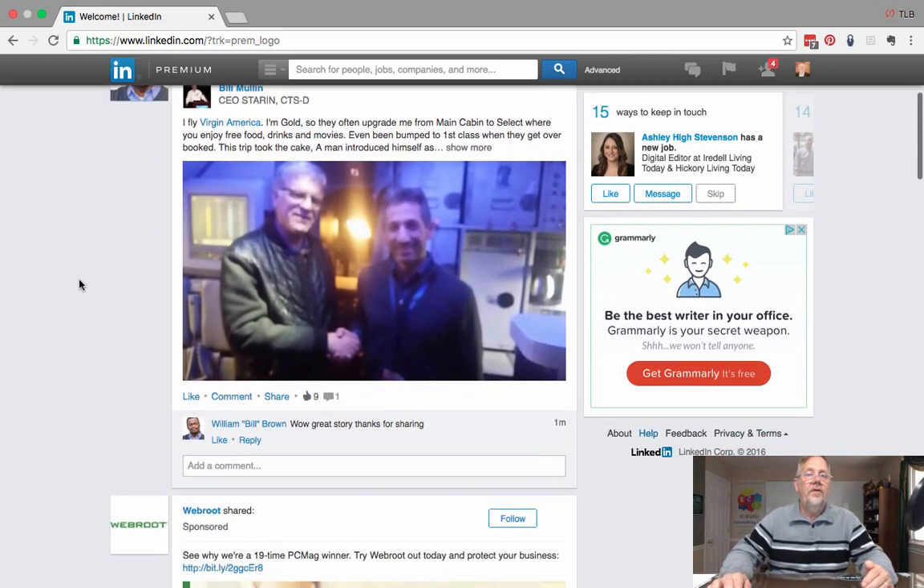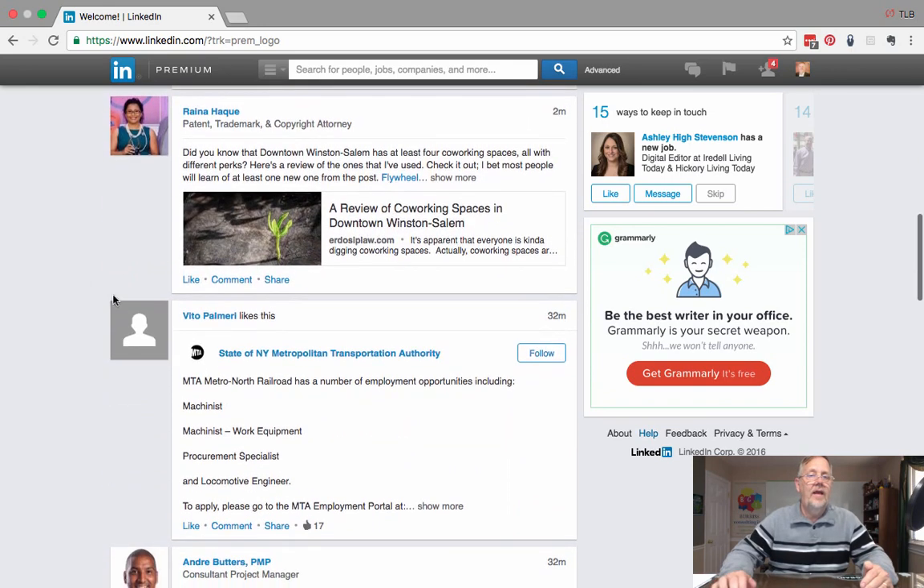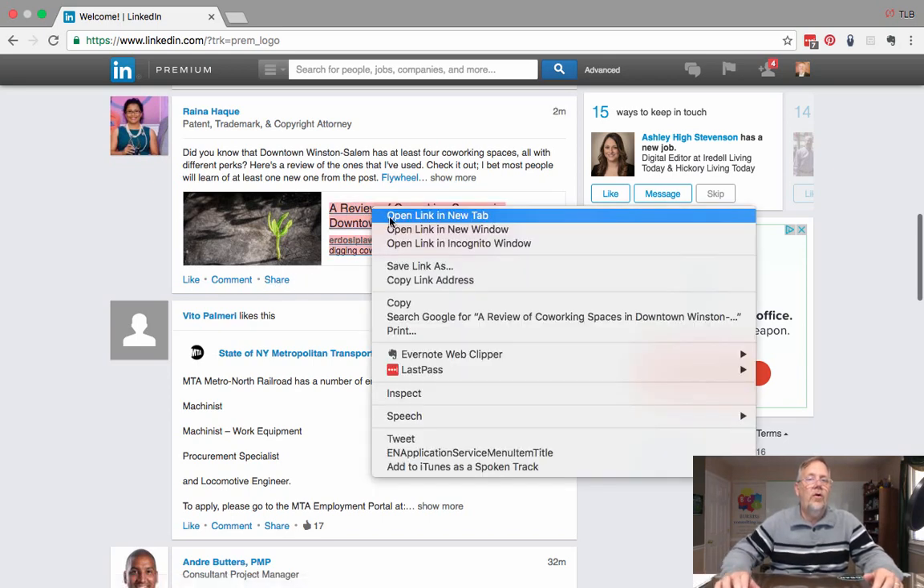The simplest way to engage on content on LinkedIn is the like, the comment, and the share. Right here, these 3 buttons: like, comment, and share. However, I will coach you very deliberately that you never like, comment, or share content that you have not reviewed, if not completely read. Often what I will do is I will right click on an article and open it